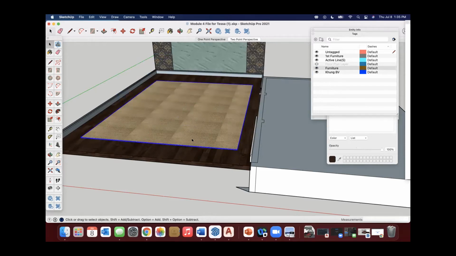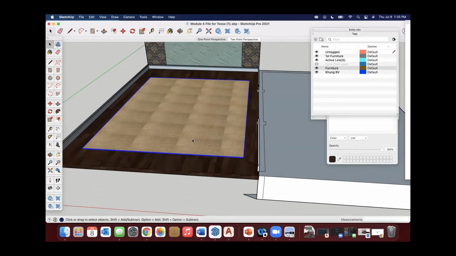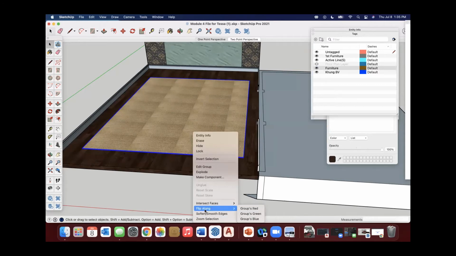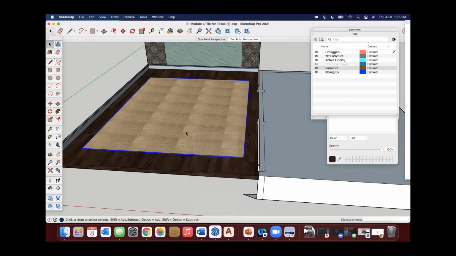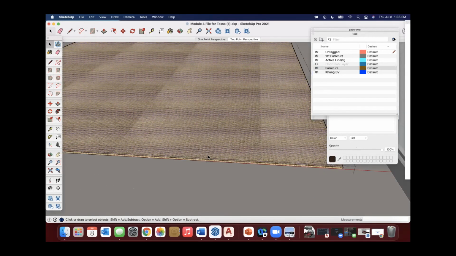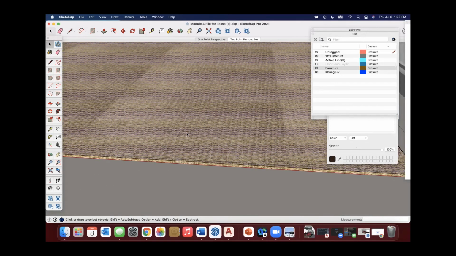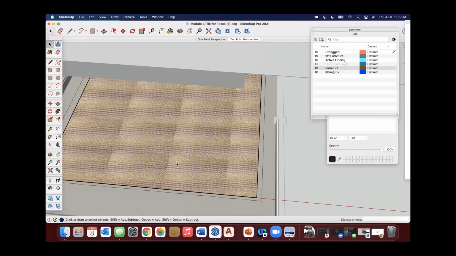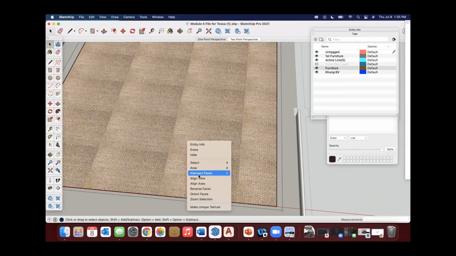And just like I said before, right now you can see that this rug is grouped. If I right click, the texture option is not going to show up. So you're like, well, how do I fix this? We need to go into edit mode, and you need to select just the top face, because again, we're not worrying about the sides. If you have just the top face selected, we should be able to get the